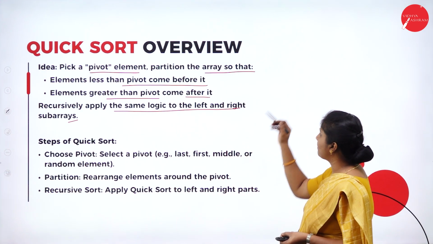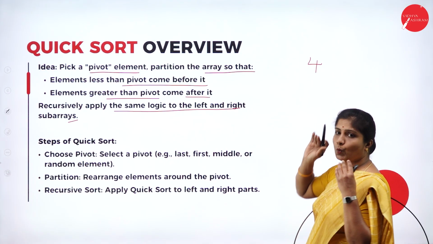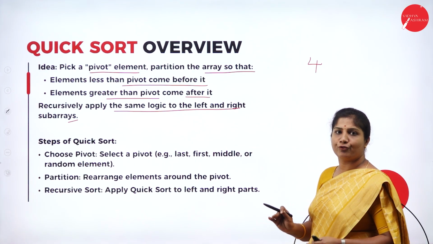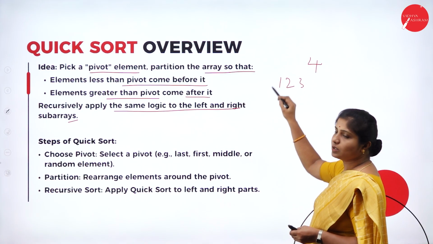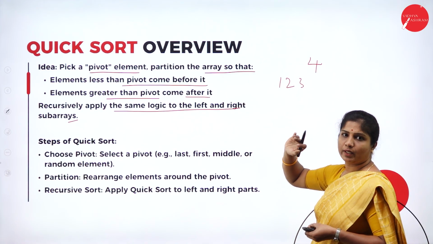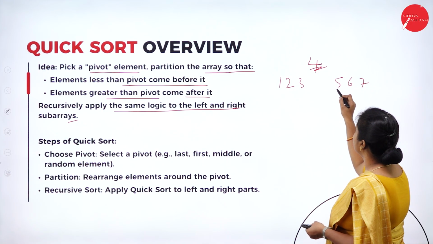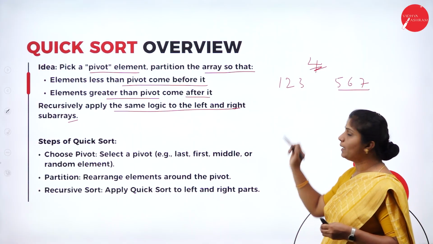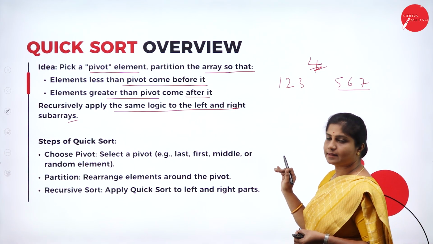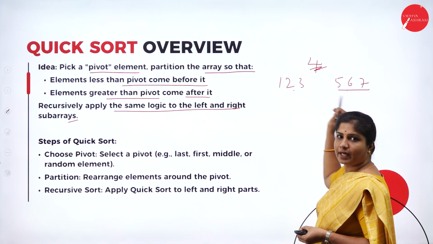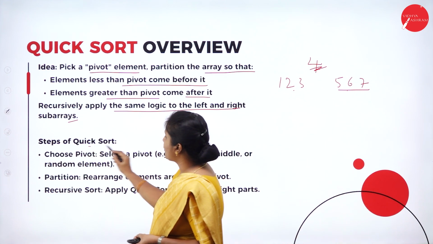Okay, so if my pivot element, for example, is 4, then the numbers lesser than 4, it may be 1, 2, 3, are placed to the left of the pivot element. The numbers which are greater than the pivot element are placed on the right of the pivot element. Okay, so this is how it is going to place the numbers on the left and right by dividing the given array.